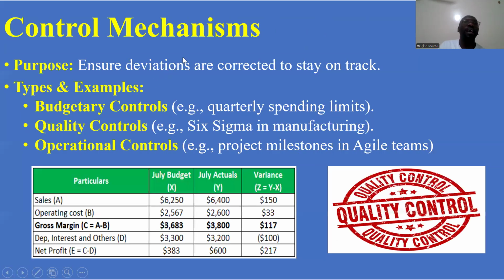Now, in every organization you have what is known as a control mechanism. How do you control performance in your organization? These control mechanisms ensure deviations are corrected to stay on track. For example, we have budget controls, quality control,